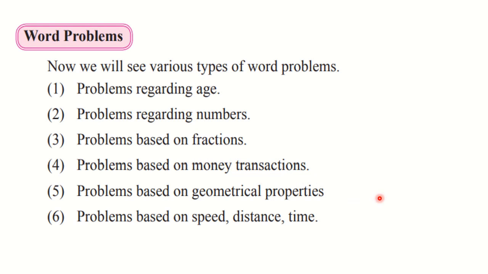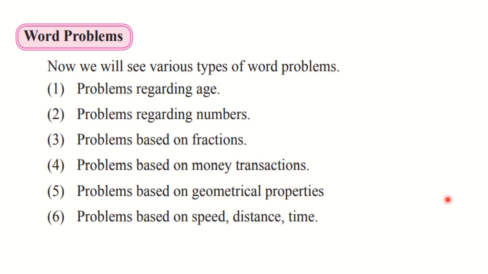Then some of the geometrical properties also we need to use here, that is the problems based on the perimeter of rectangle, then area of square or circle. So such problems also will be there. We have to use our geometrical knowledge here to form the equations. Then also the favorite problems from the word problems you might have seen in scholarship also, that the problems which are based on the formula, that is speed is equal to distance upon time. That means the problem related to speed, distance and time. So such various problems we are going to study here as word problems.